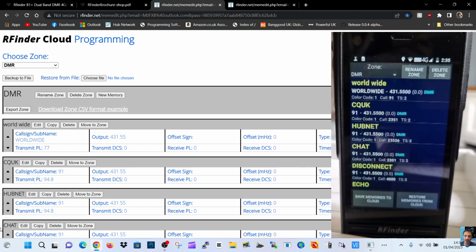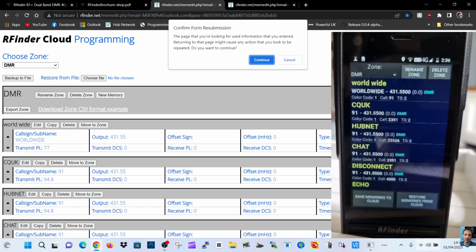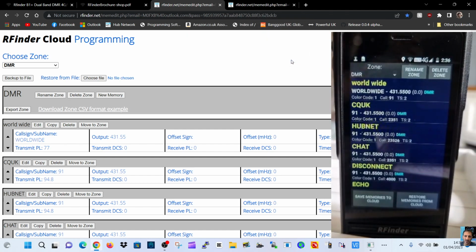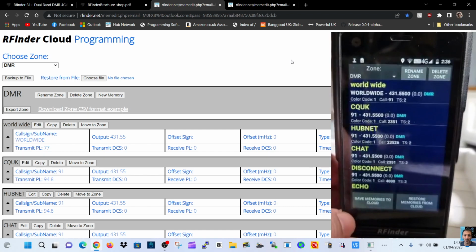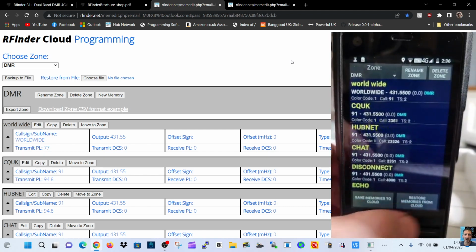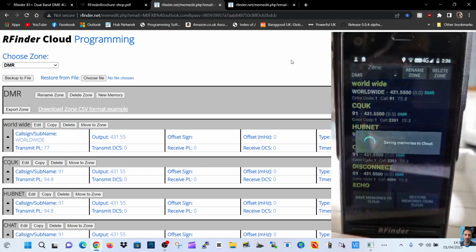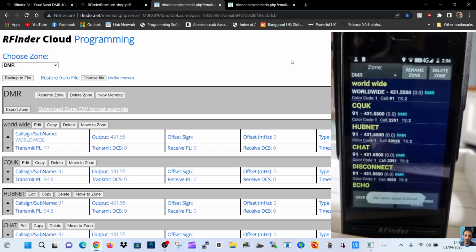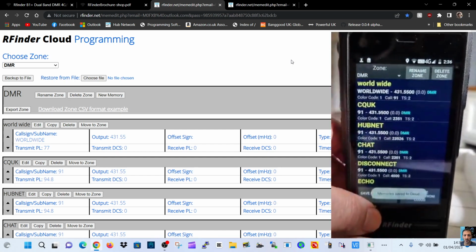So if you look on your actual radio and you go back to the original screen, so we just go back one. So at the moment at the bottom it says save memories to cloud and restore. So we'll just go save for now. It's saving everything on my radio to the cloud. So if we just go back one